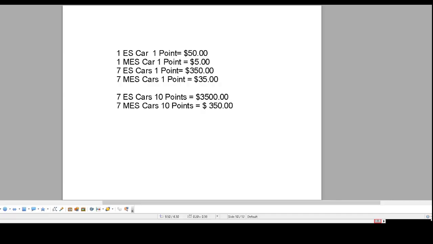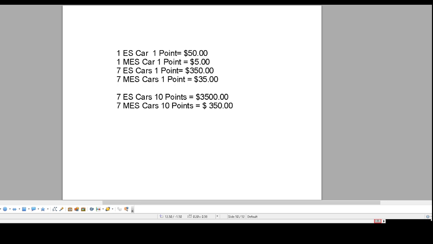Now, if we look at how the futures are set up, and if you're trading on the prop accounts, we always use the example of the 50K account, which is usually about 20-something dollars that you could open up with one ES car. A car is short for contract. One ES, if it goes 1 point, is $50. One MES is 1/10 that, so it's $5. So there's a big difference between trading the ES and the MES. I say if it's a volatile market and you're not short, trade the MES. I trade the MES a lot.